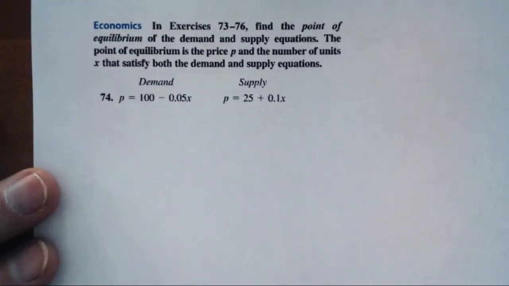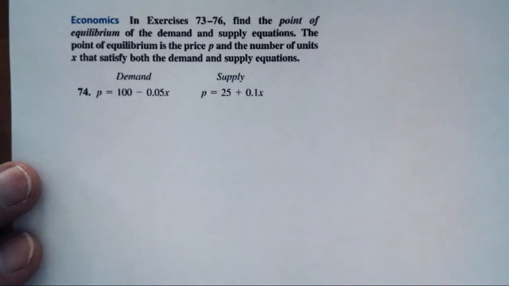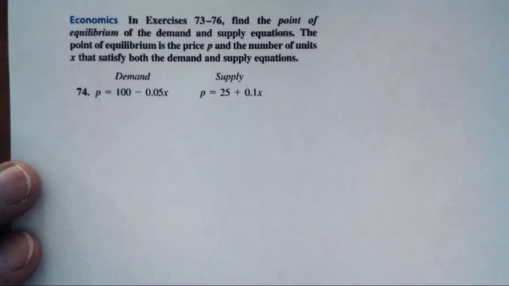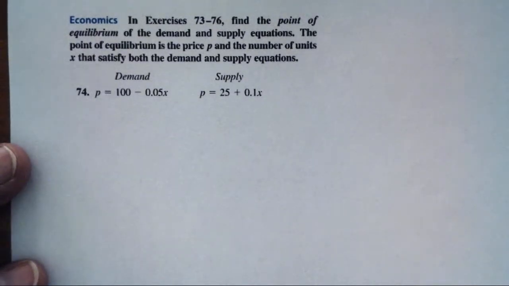Then, find the point of equilibrium of the demand. So we got a demand equation and a supply equation, some business application here, but the math is pretty easy. The point of equilibrium is the price P and the number of units X that satisfy both the demand and